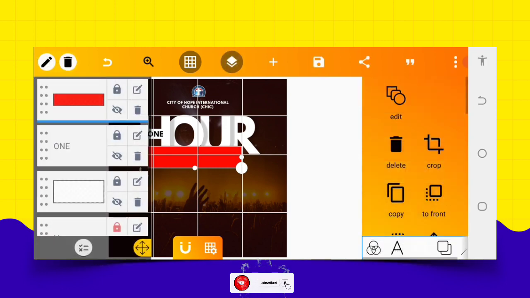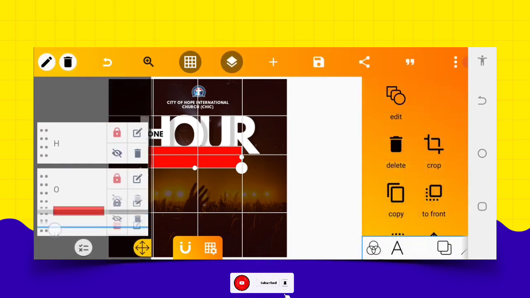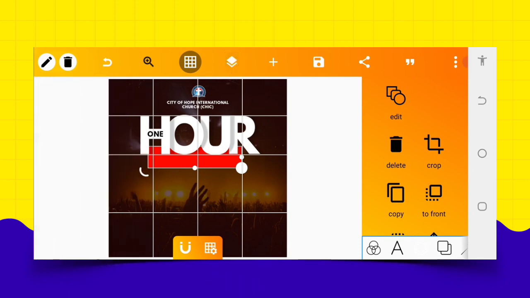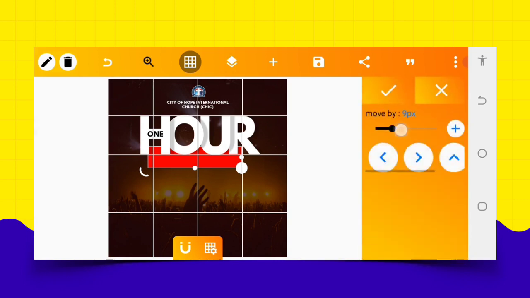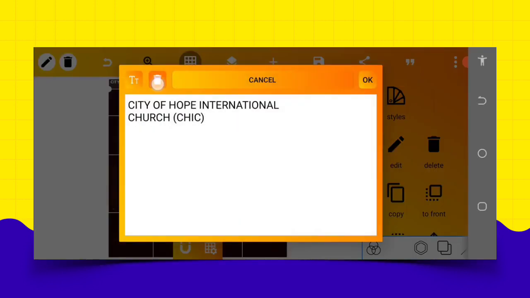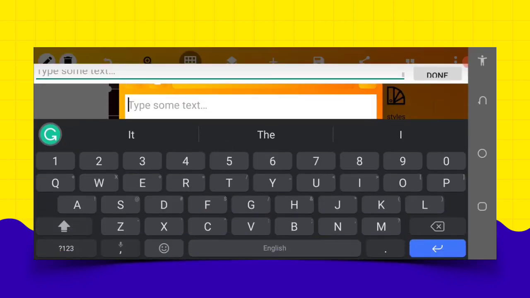Then we are going to send it to the back. Just send everything to the back just as this. So after sending it to the back, you can actually view it. So we are going to bring it down a little bit just as this. After bringing it down, then we'll go in with our write-up, and our write-up we can copy from here. So we edit, then we have of praise. You can see of praise,